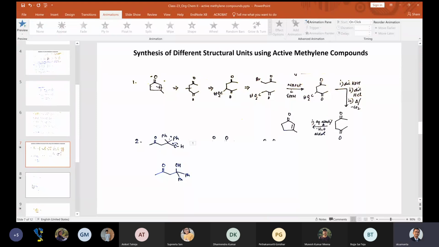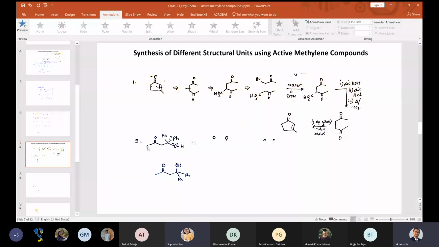Okay, so then let's start with the backward approach. How can we go back? So this compound, how do we think? We can think about how we can put these 2 phenyl groups here. That is one place we can think, because then this compound, C double bond O, O, ET, becomes ethyl acetoacetate, an active methylene compound, and we can just put 2 phenyl groups and then hydrolyze this one.